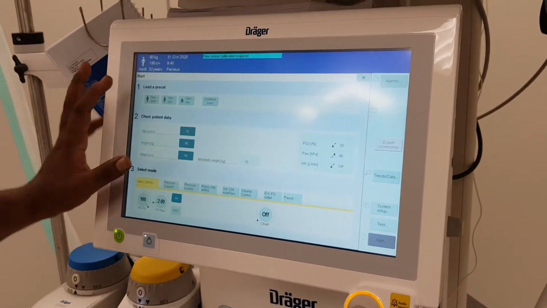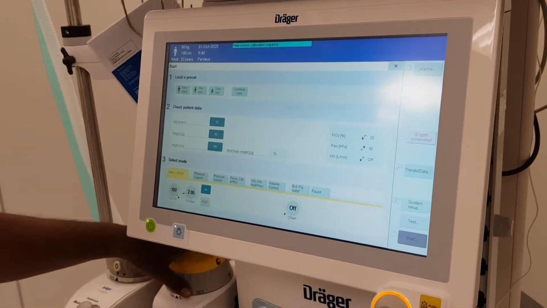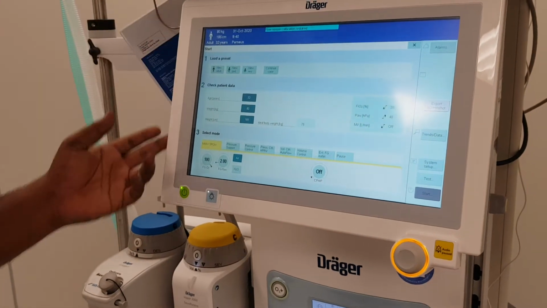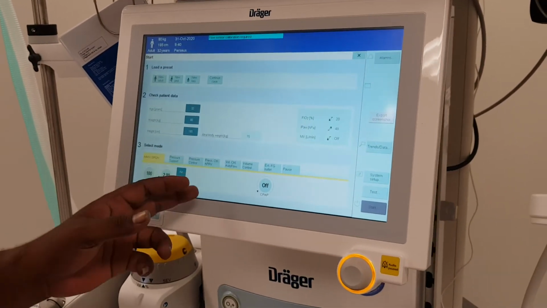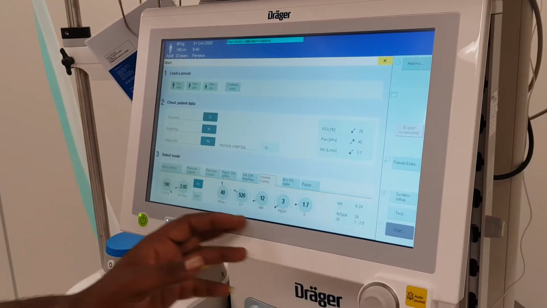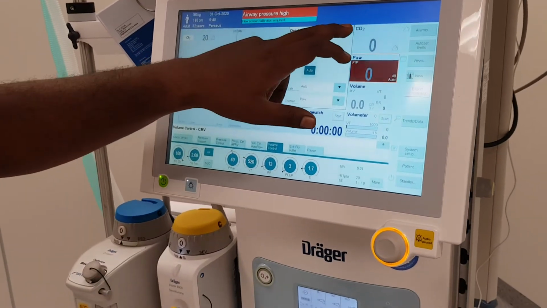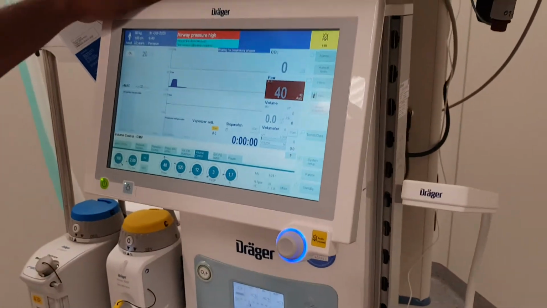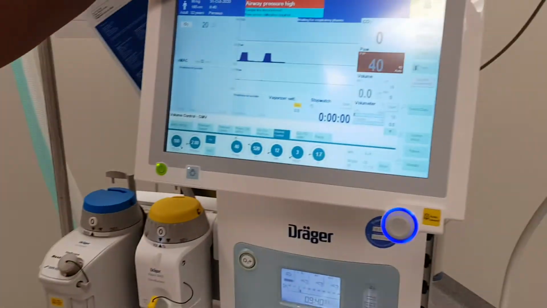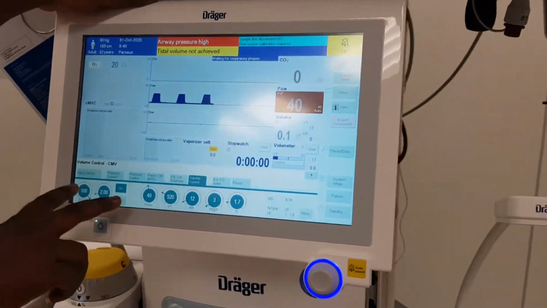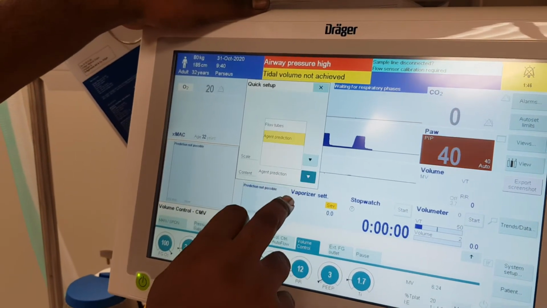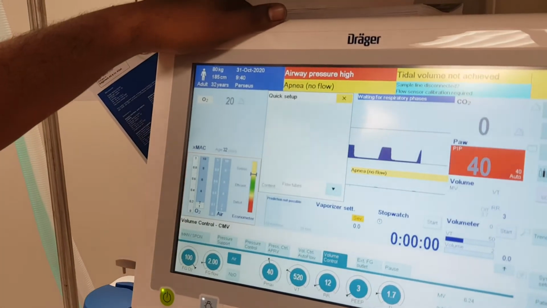weight, and height. If you set this, with the help of the Vapor 3000 we can monitor, and we can enable the prediction mode. At the same time, automatically, based on this tidal volume, everything will be changed. I'm not taking any, this was blocked, so that is the reason the alarm is coming. And here you can see this is a completely gas monitoring system.